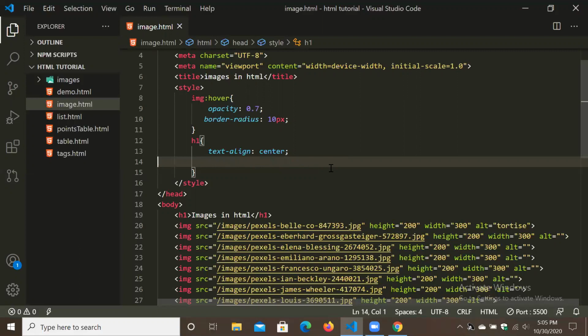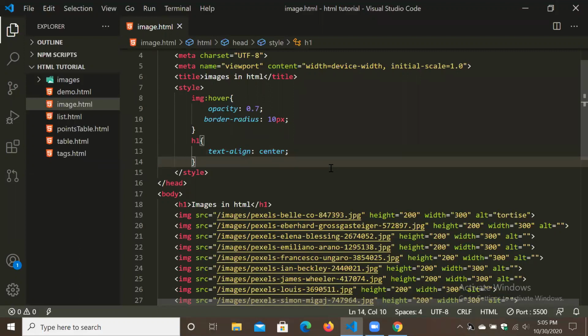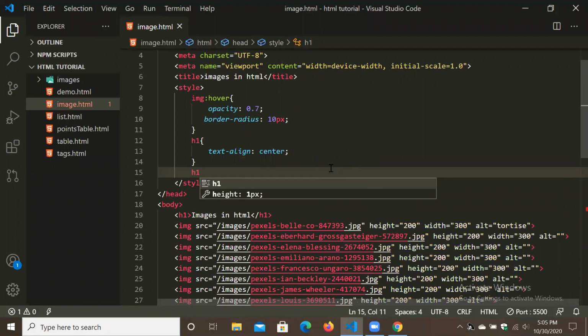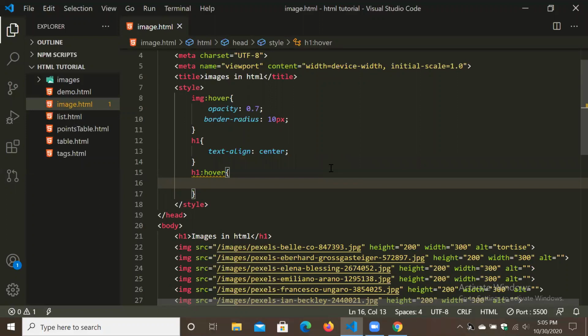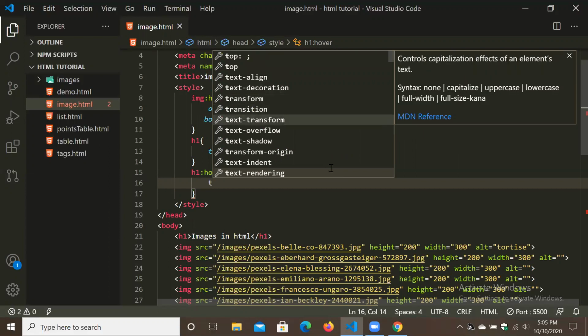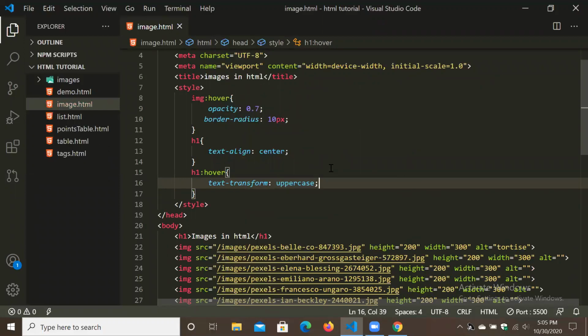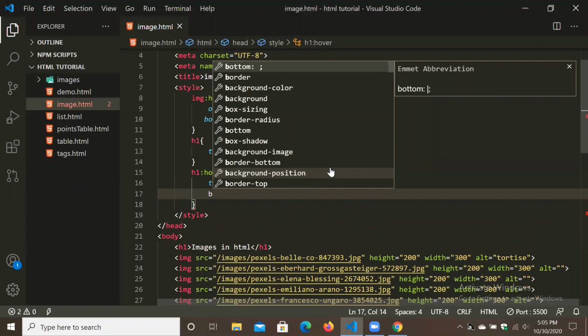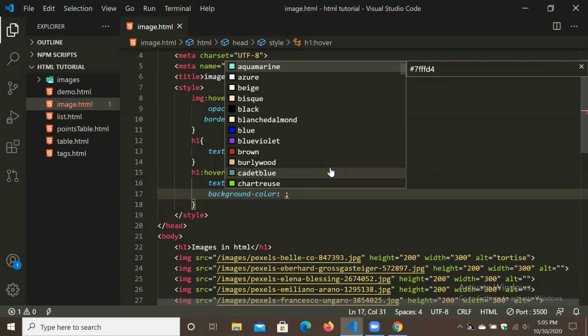And I have to take H1 hover. Now we will do changes in hover. So in hover we will take text transform uppercase, and then background color we will take this color.